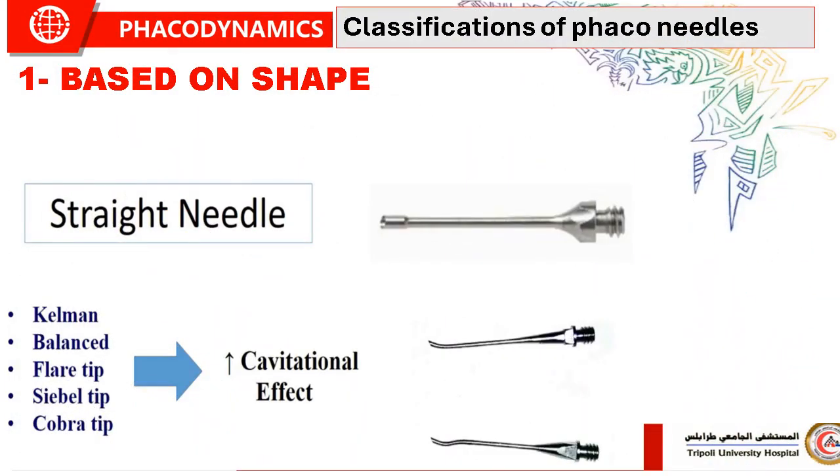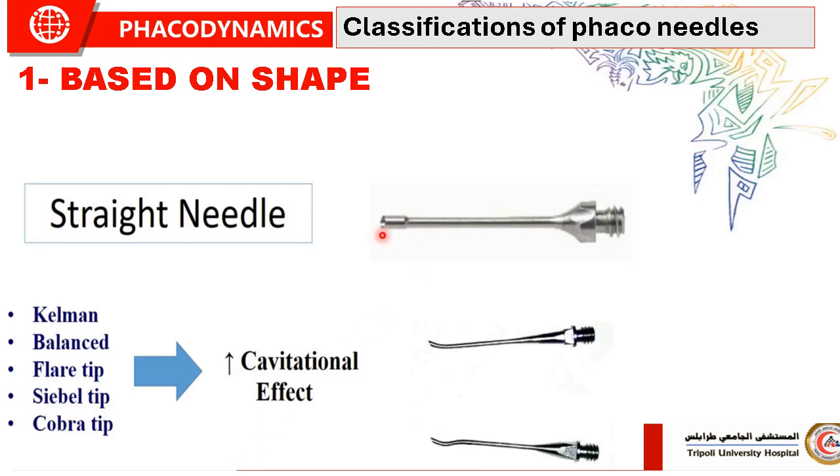Now, the phaco needle can be classified in different ways. It can be classified based on the shape of the phaco needles, or based on the angulation of the bevel, and based on the lumen of the phaco needles. Now, based on the shape of the phaco needles, we have the standard